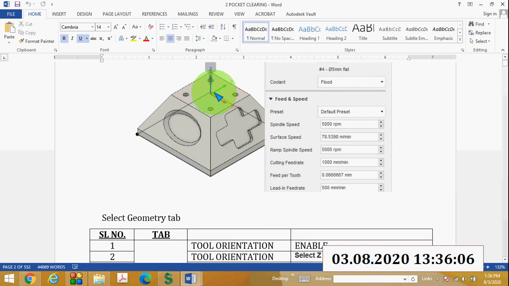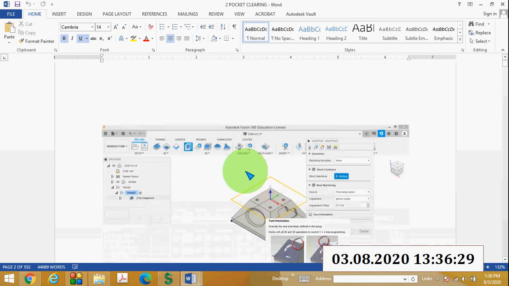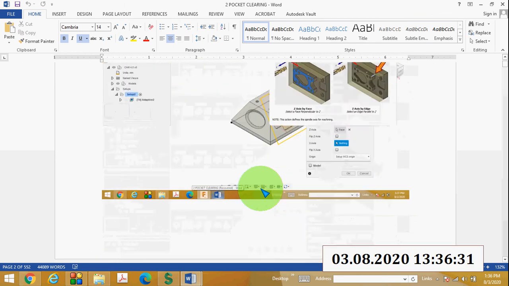First you have to orient the axis, changing it to here with the help of the tool orientation. Select this face as the Z axis and this edge as the X axis, and this point will be your origin, such that the Z axis is perpendicular to this plus face, so the tool will be oriented like this. I will show you that figure.